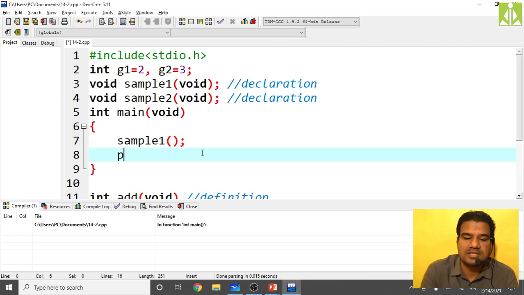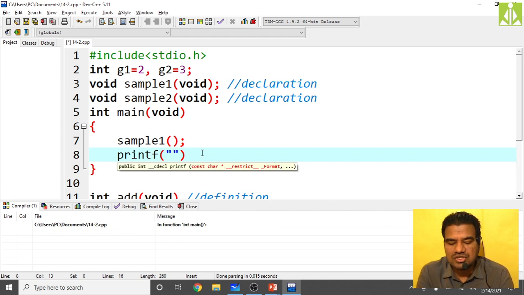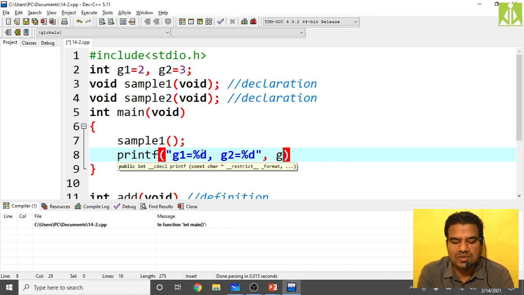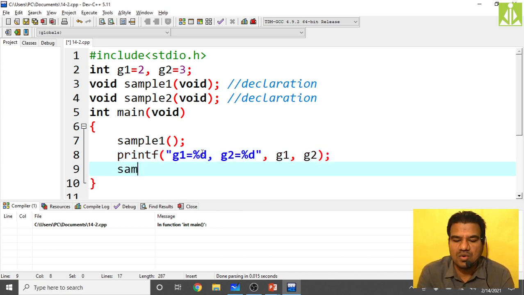After this I will print g1 equals to g1 value percentile d, comma g2 equals to g2 value percentile d. I'm printing g1 value comma g2 value. Then at the end put the semicolon. After this again you call sample 2.